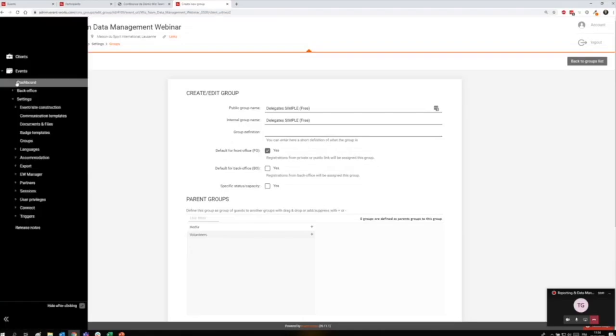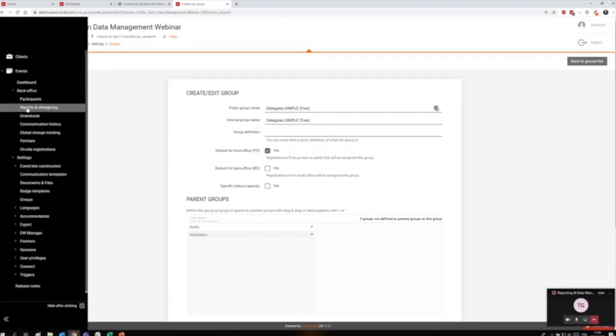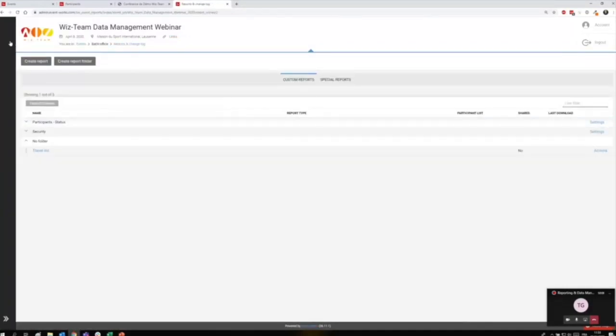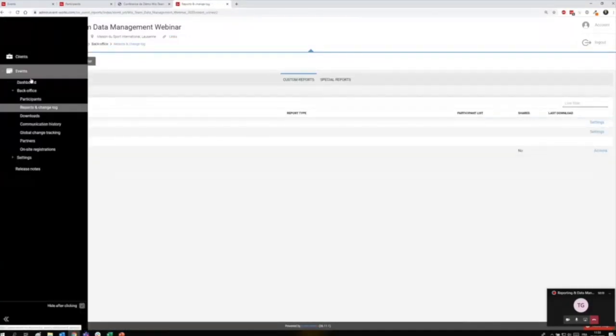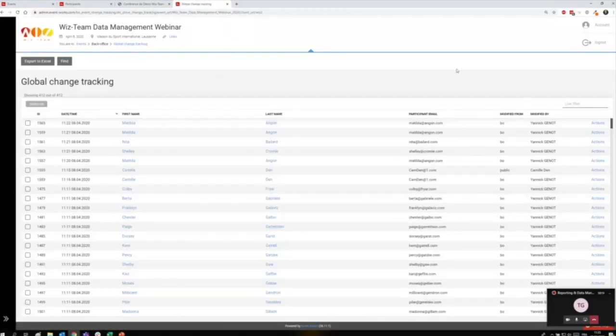Perfect. Thanks, Yannick. The other question we had is on find changes. So maybe you could go to the global finding of changes into the event, and then do maybe a search and then show how to, because the question was, is there an undo function, which there is not. But basically, if you select on the left-hand side some of the participants, that example which is based on a search you have done on a particular field or a particular change by a user,